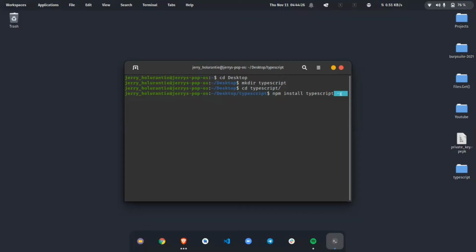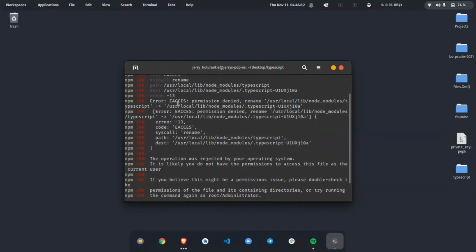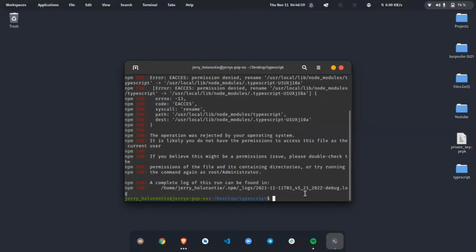All right, so let's run this and see what we have. Though I have it installed already on my PC, but I'm just going to do this over again just for the sake of you guys. Alright, I have an error from npm telling me permission denied. Now, I said this in one of my previous tutorials where we're dealing with npm, that if you're installing a package as a global package